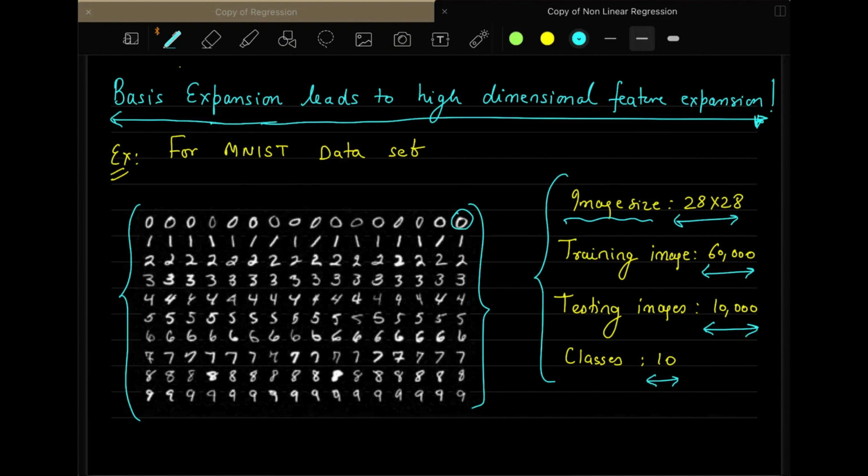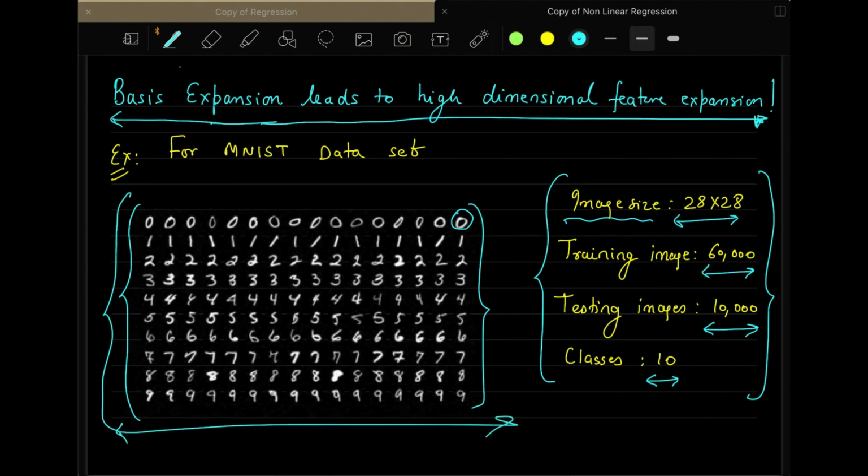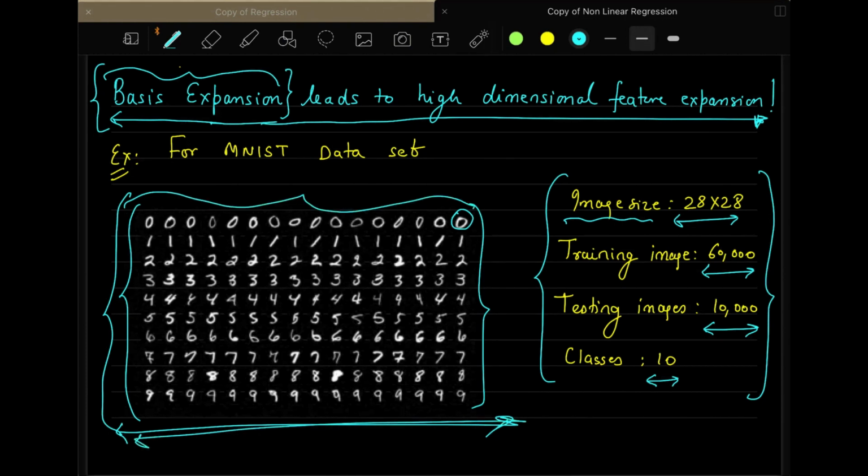So I will give you an exercise here. We will discuss this in the next class because it's already finishing off. I cannot finish this explanation in 2 or 3 minutes. The question is, for this MNIST dataset, how can you prove that we are in a bad situation if we do basis expansion? Why are we in a bad situation if I consider the MNIST dataset? This is the question for you to think about for the next class, and we will discuss the reason why basis expansion is not good for this particular case, and then we can discuss further.